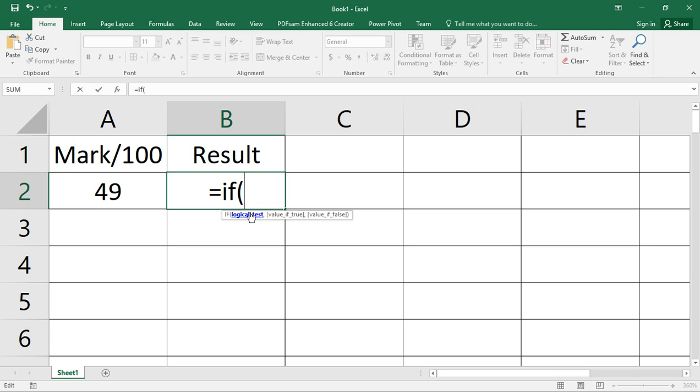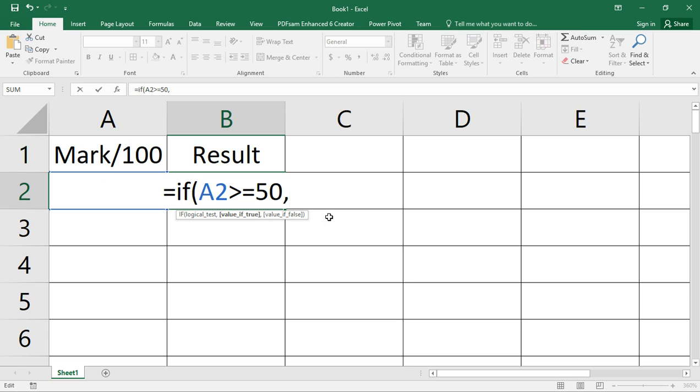If this logical test is not met, it's going to take another value. So if the value in A2 is greater than or equal to 50,